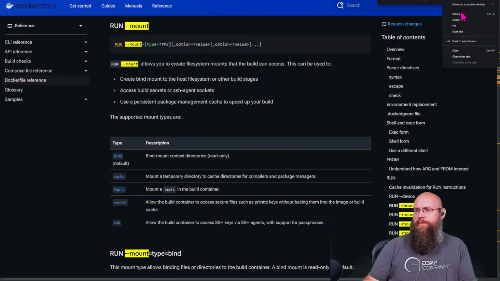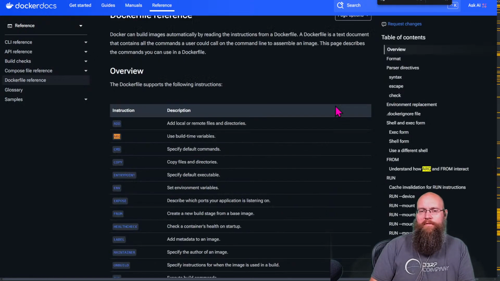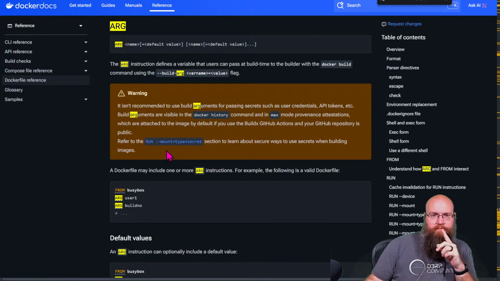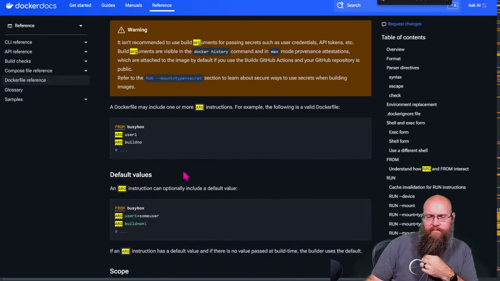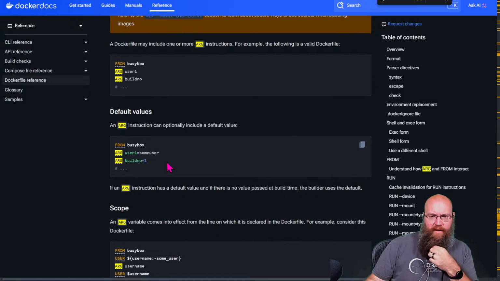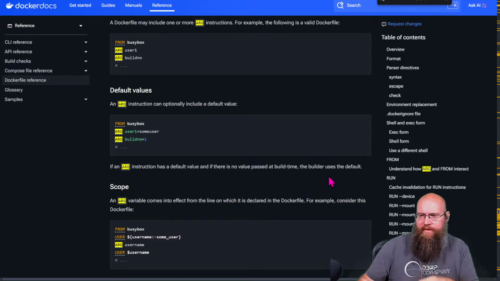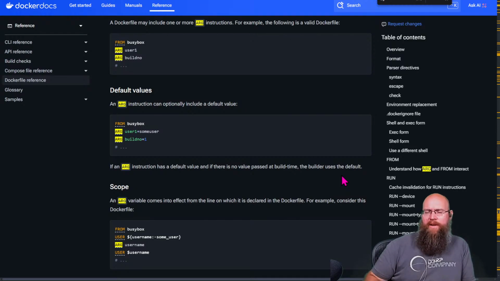I gotta remember how to do this. I haven't had to build a Docker file in so long. Yeah, this defines variables of the target, pass it build time to the builder. Let's see. Use build arguments to pass secrets or credentials. ARG instructions can optionally include default values. So if an ARG instruction has a default value and there's no value assigned at build time, the builder uses the default. But we're not assigning a default, so